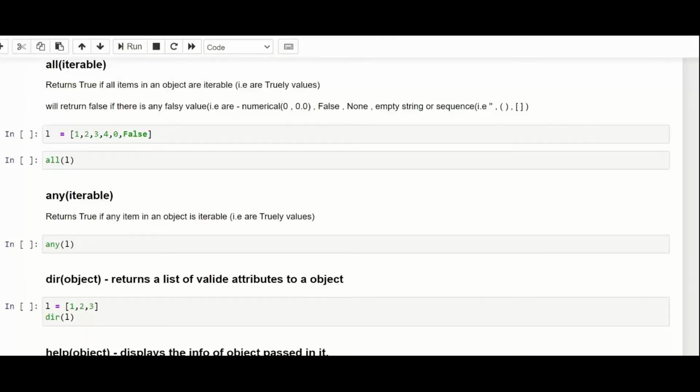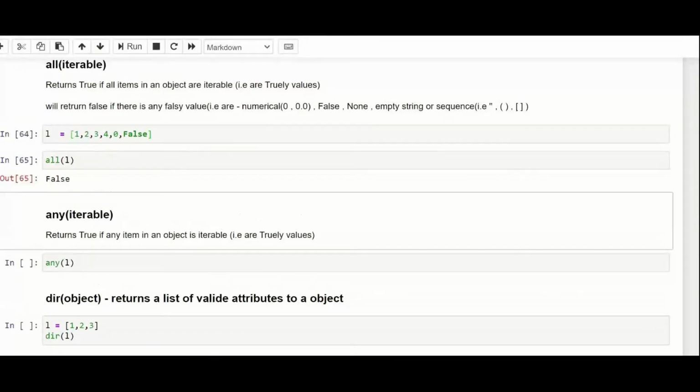If I talk about all, it returns true if all the elements in an iterable are true values. It will return false if any of the values is a false value. If I run this one and do all L, it will give me a false.